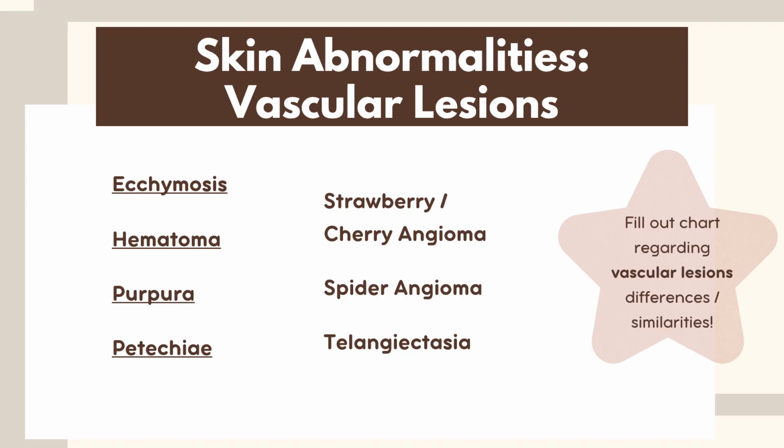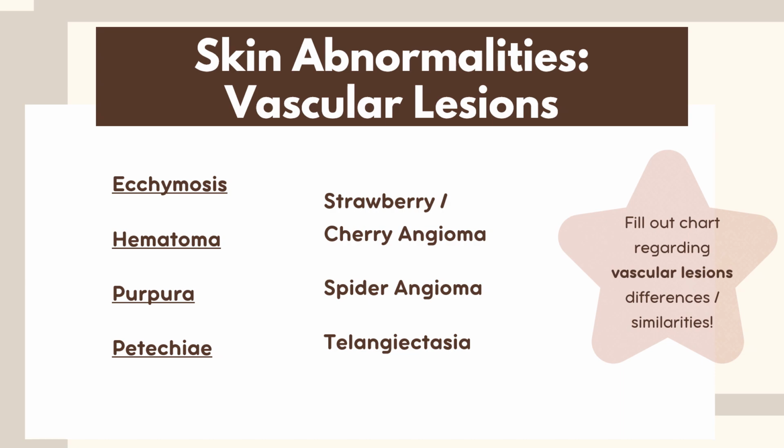And then you have your vascular lesions. So you have ecchymosis. This is a round or irregular macular lesion. It's larger than a petechial lesion, which we'll get down to. The color is going to vary and change. You may have black, yellow, and green hues. Typically, this can be due to maybe a coagulation disorder or a medication that they're on, or a trauma that occurred. So they ran into something, like they hit the side of the table, and then that caused that ecchymosis